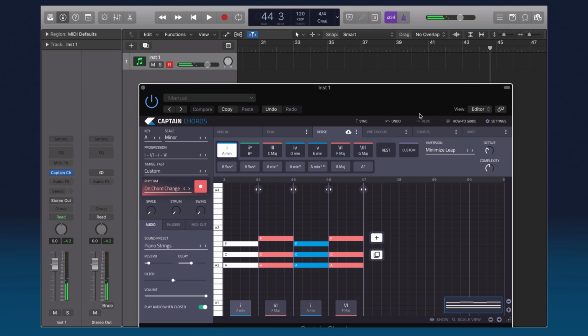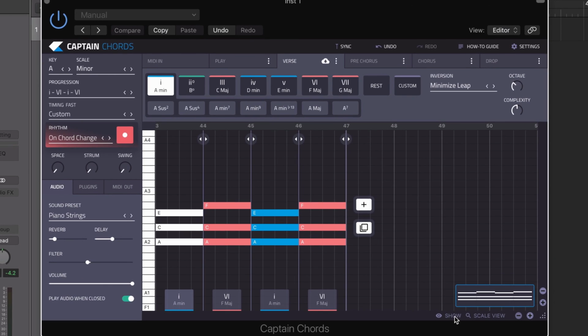Captain will then start from that position instead. So it just allows you to, if you're already into the song and into the arrangement and you've got a vocal in a certain position, it's not lining up with Captain Plugins, you can use that to do it. Down here we've got Show, so we can customize the canvas a little bit with grid lines and labels.